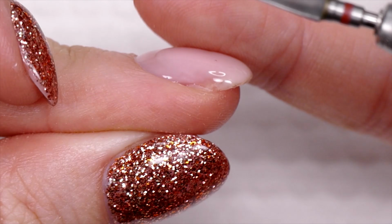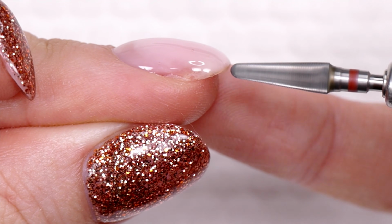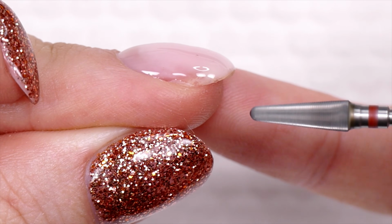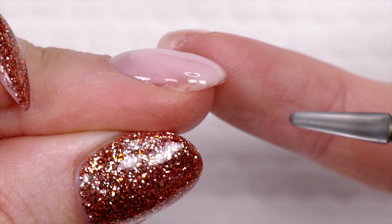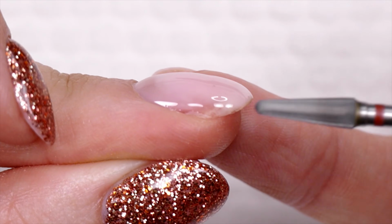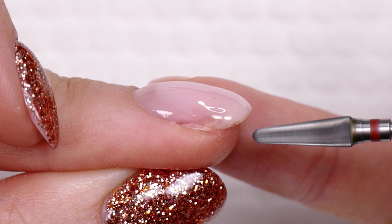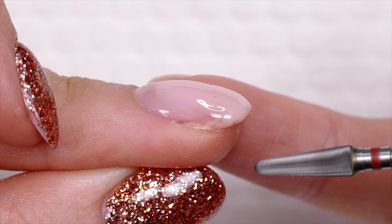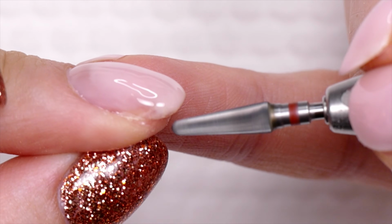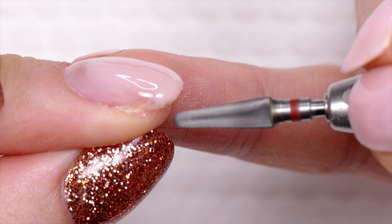So I'm going to take that carbide cone that I used in the beginning, and I just want to show you how we can lift that hooked nail. Basically what we're going to do is remove the natural nail, and this nail's pretty short to do this with, so you're not going to get as much of an effect as you would if this was longer, but I wanted to show you how we can do that. So if you take your bit, and very carefully without touching the tip of your finger too much, this thing isn't sharp, but it doesn't really feel nice if you really jab yourself with it. I'm going to go underneath